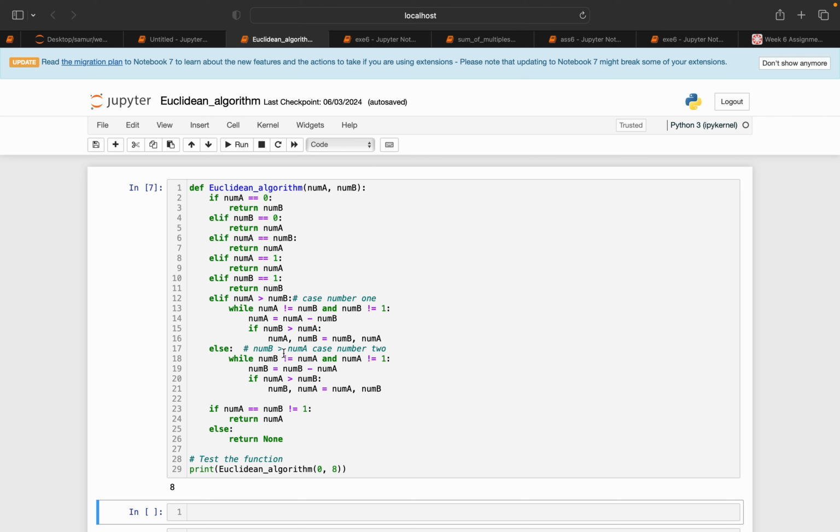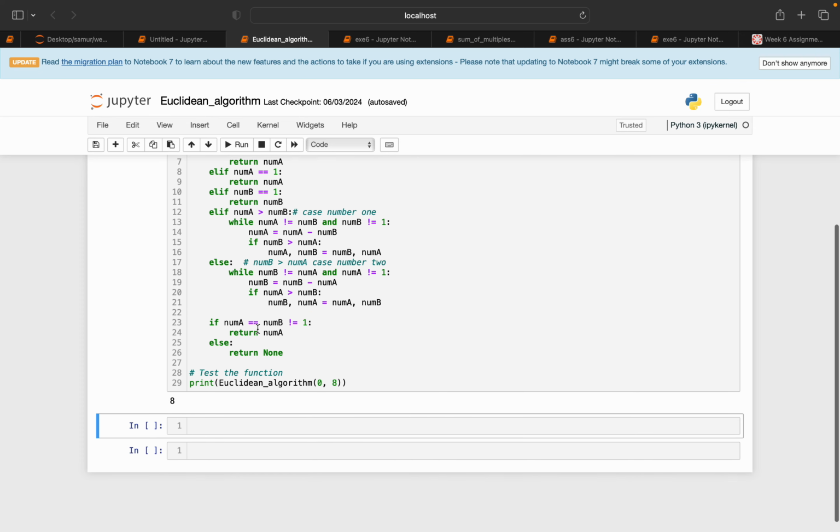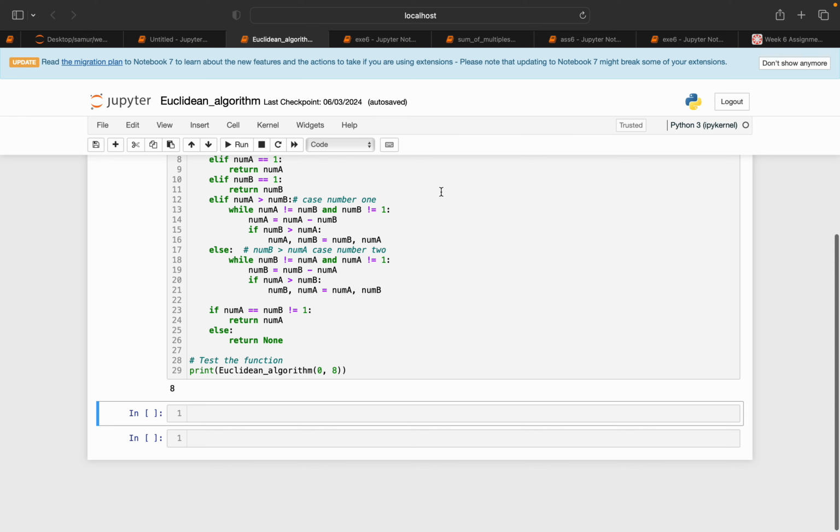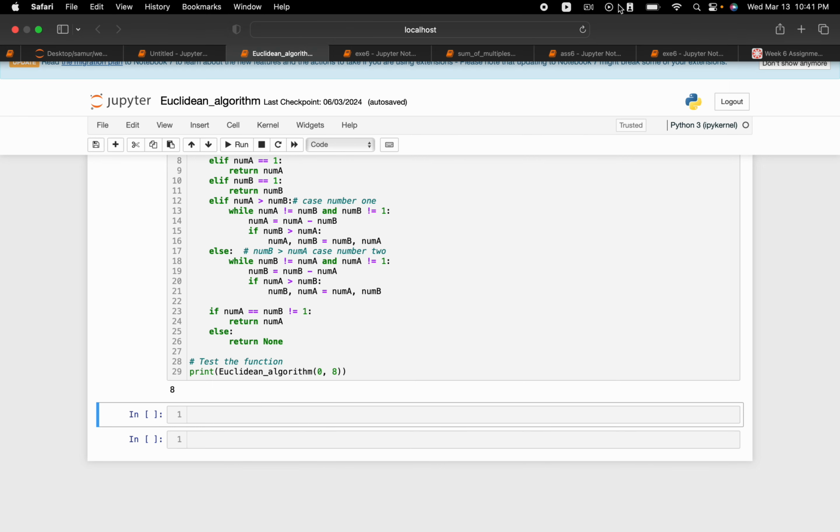So when B is greater than A, we're going to swap: B becomes A, A becomes B. And then we're going to repeat the same thing. And this is going to return the value A, else we return None, when we don't have anything. So this is what we've been doing for this week. I think probably next week we're going to